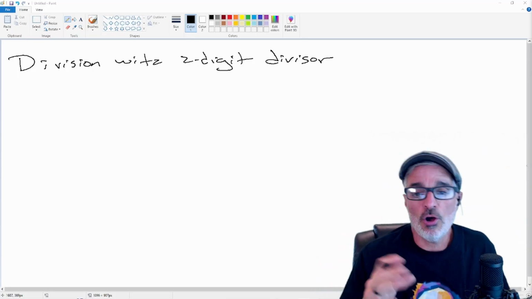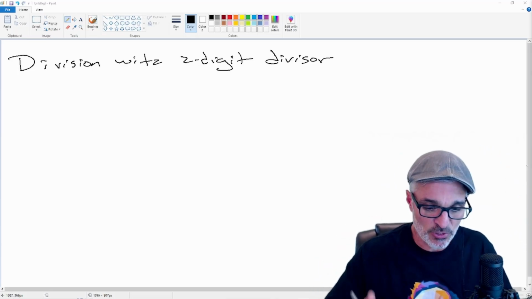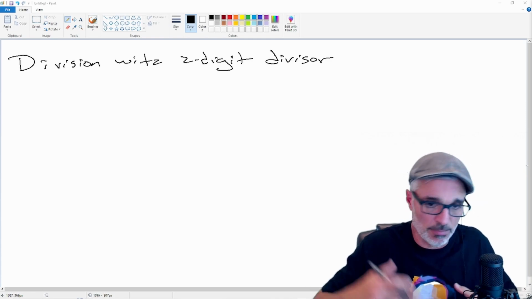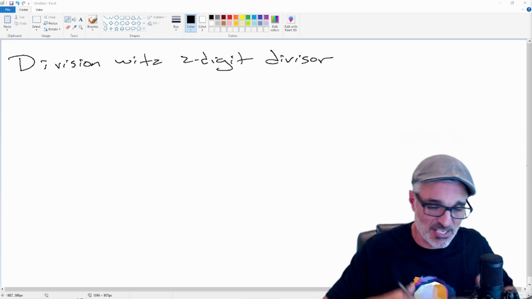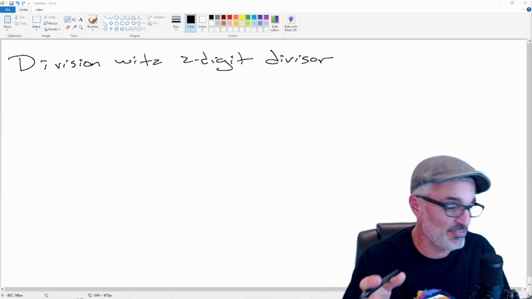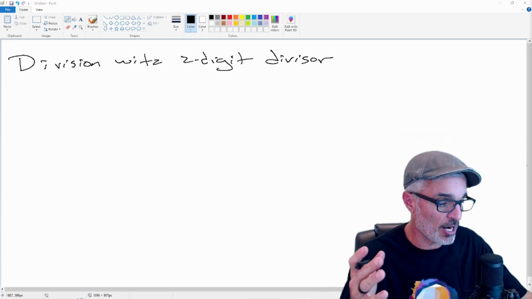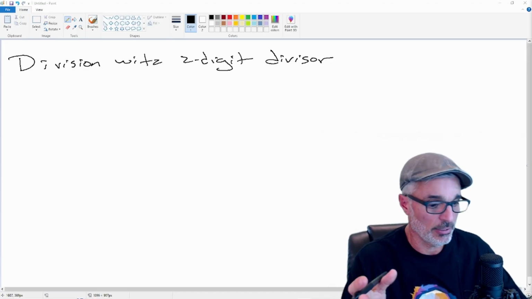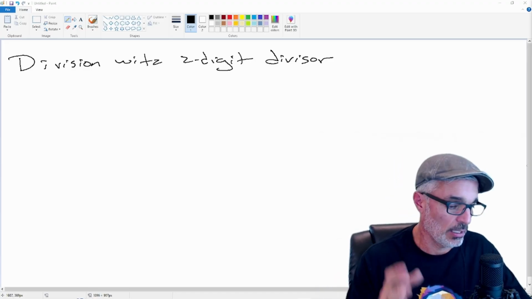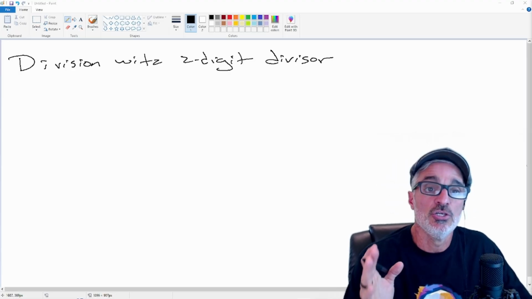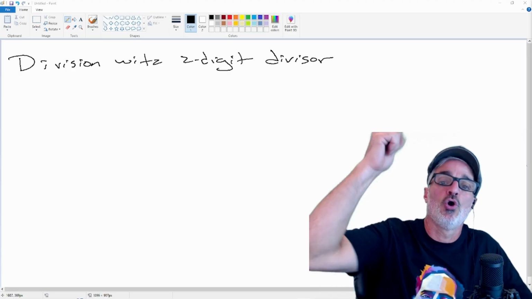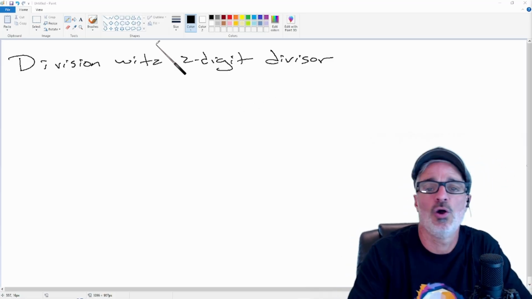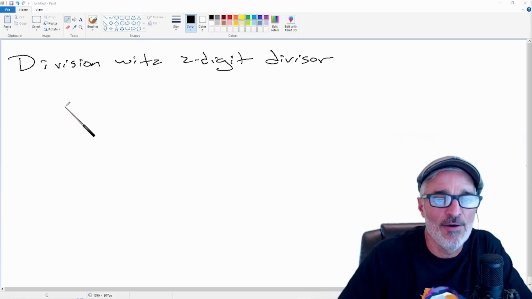So let's do it. Okay, we've learned in past videos to divide by multiples of 10, right? That's easy because all you have to do is eliminate zeros. But now we're doing division with a two-digit divisor that is not a multiple of 10. For example, one easy example. Let's divide